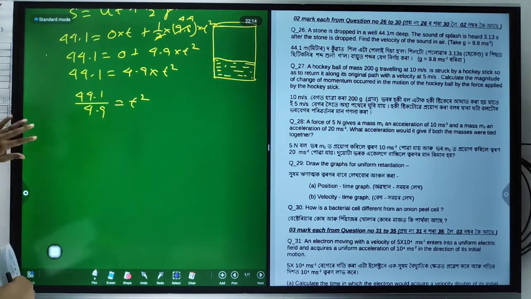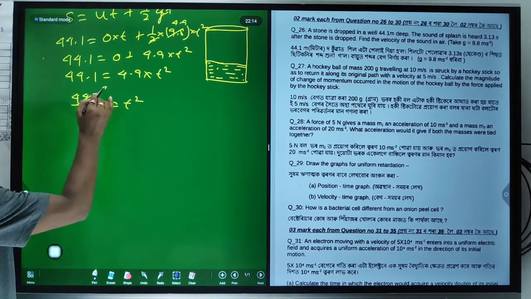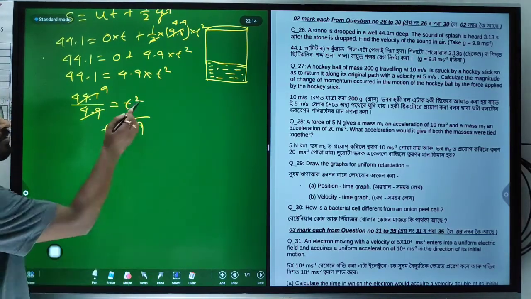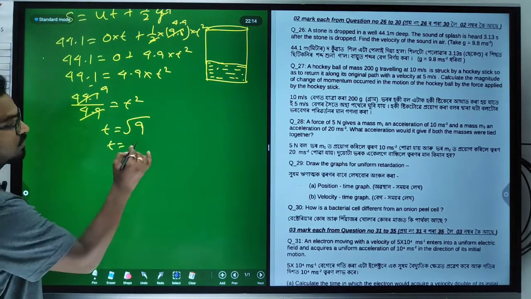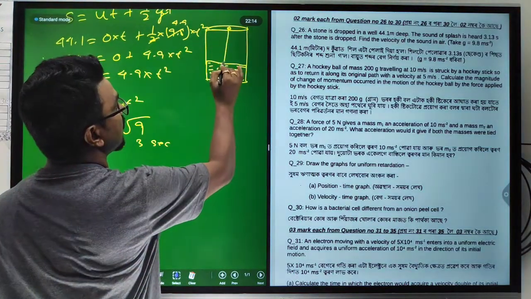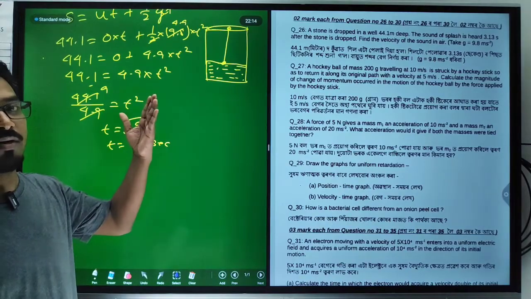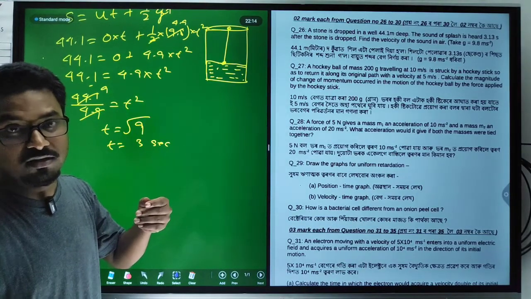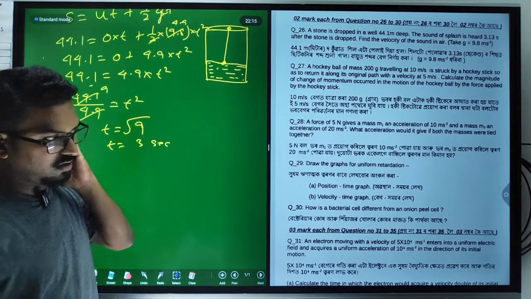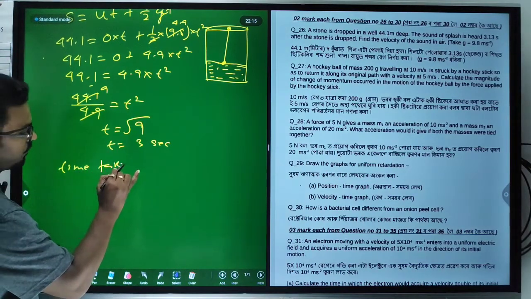Dividing, we get 9. So t square is 9, and t is root 9, which is 3. So time is equal to 3 seconds. The stone took 3 seconds to travel, while the total time for the sound is 3.13 seconds. So what is the difference? The time taken